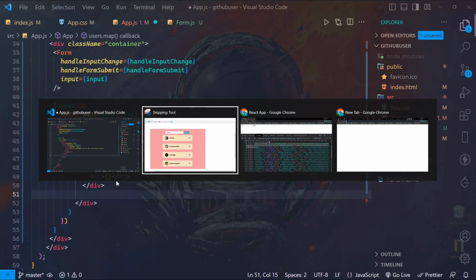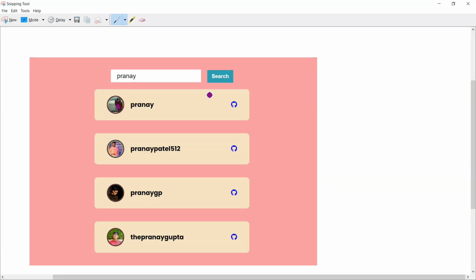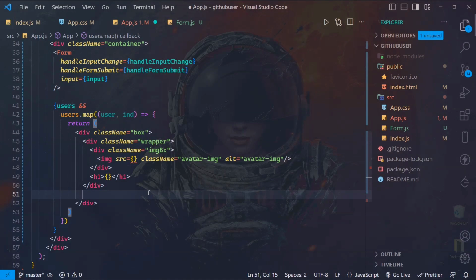As you can see here, we also have this icon, which will point to the repo link. So we'll be creating that as well. This is what exactly I'm doing right now. So the a tag, href should be